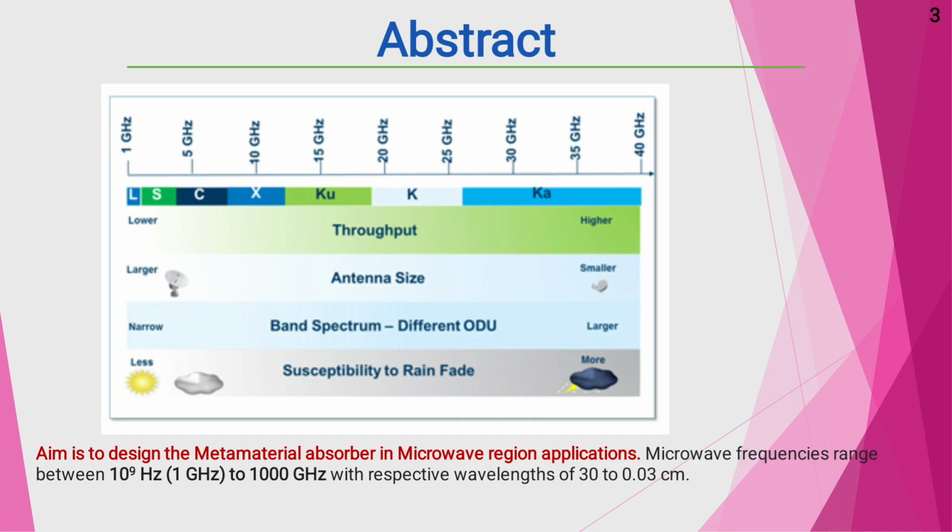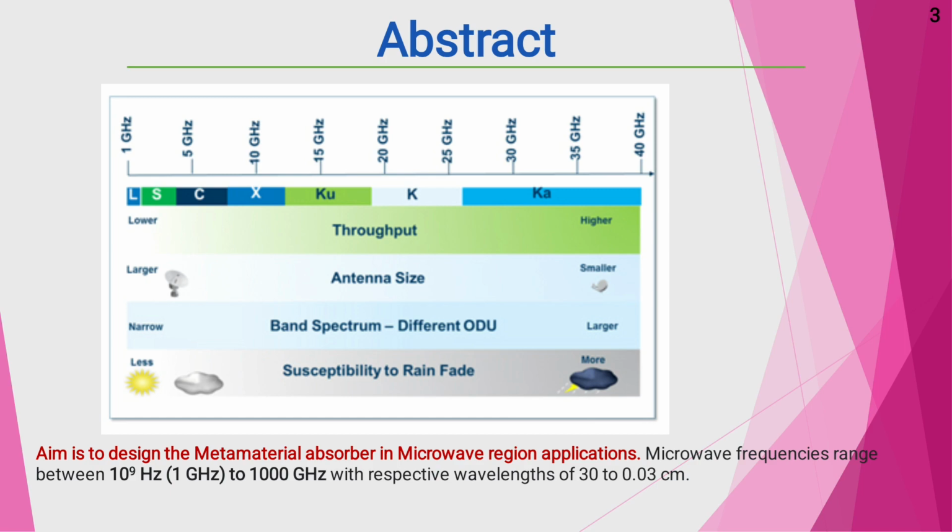Microwaves are millimeter waves. They occupy wavelengths of 0.03 centimeter and lie between 10 to the power 9 hertz to 10,000 gigahertz, and they provide lots of applications in the design of antennas, filters and absorbers. This region is